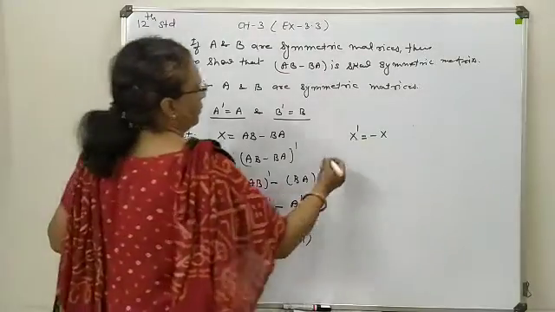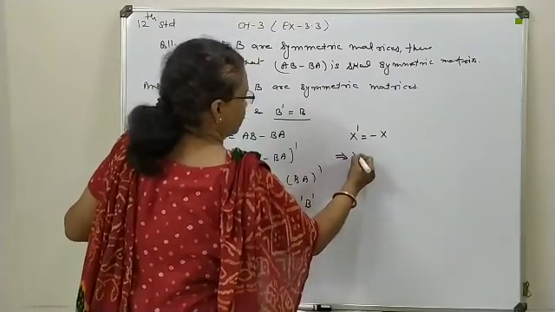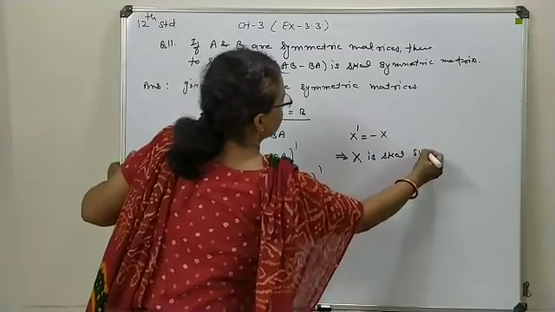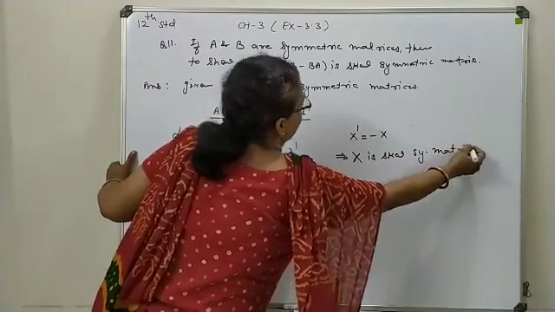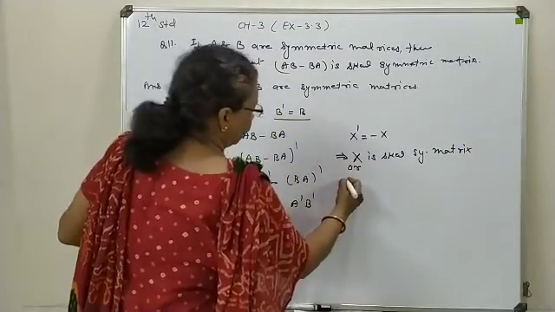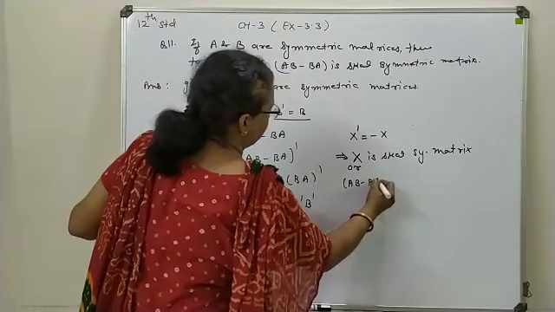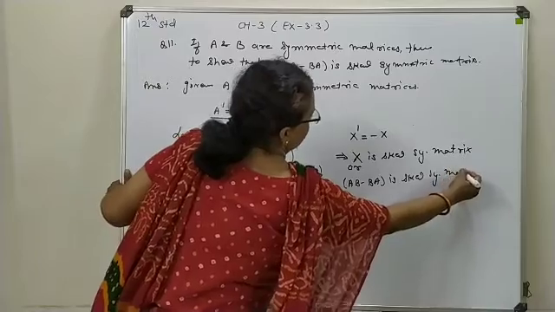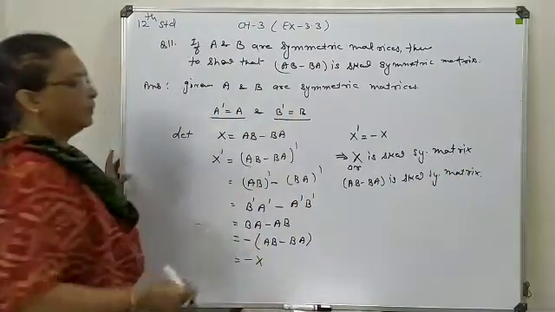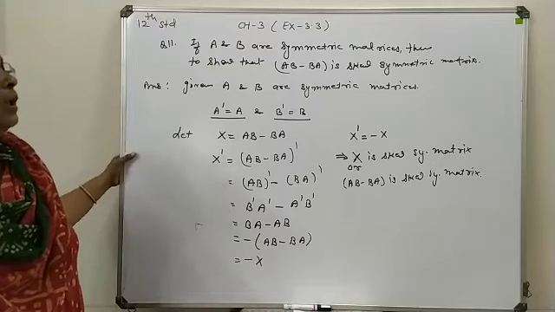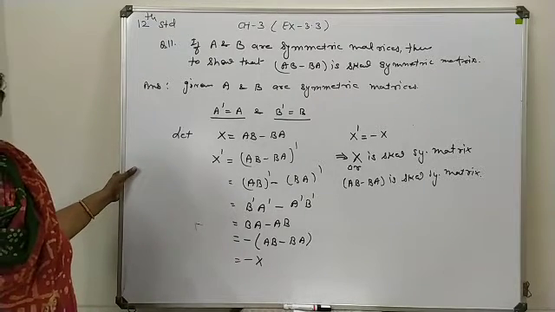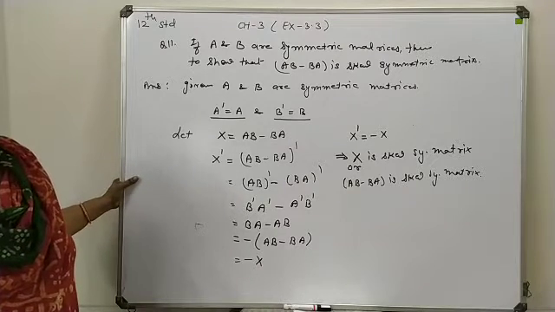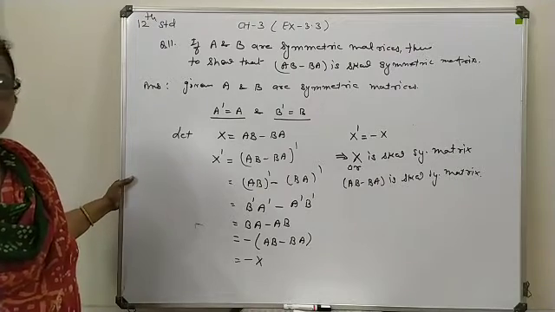So here we conclude that X is a skew symmetric matrix, or in expression form, you can write AB minus BA is a skew symmetric matrix. So this way various combinations with plus minus you can show as per the given condition and as per the required form. Now we look at some of the questions based on this transpose form and the basic property from exercise 3.3.